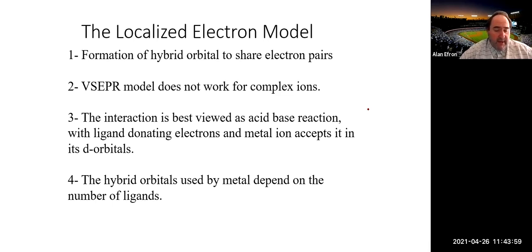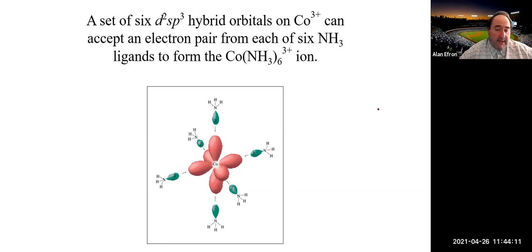And when we talk about the hybrid orbitals, applying it to our complex ion, it does depend on the number of ligands in terms of the geometries that we associate with these. So if we think about something like 6, sp3d2, and sometimes people will write the hybridization like this, sp3d2. In this case, if we look at this cobalt with our 6 ligands attached,